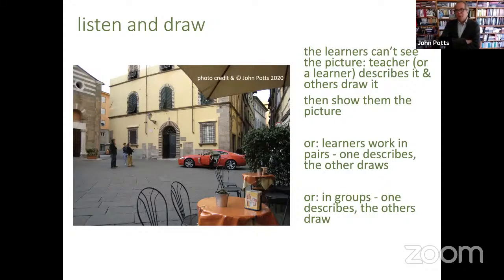So, for example, to do this picture well, you'd have to know things like in the foreground and in the background, fixed expressions that describe pictures. In the foreground, there's a table with 2 chairs and with an orange tablecloth. Yeah. In the background, there's a building, an old-fashioned building, a European building. It looks very classical, very old. I don't know how old, but it's old. It's not modern. Yeah, and so